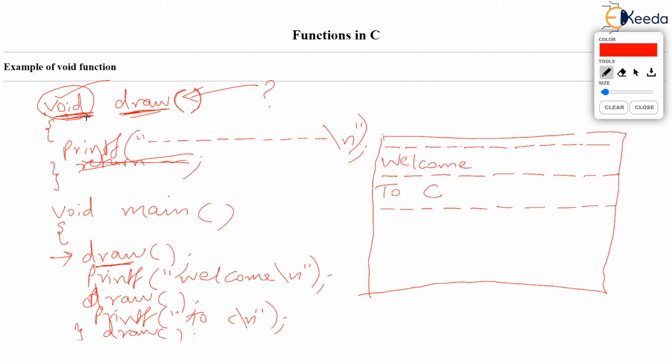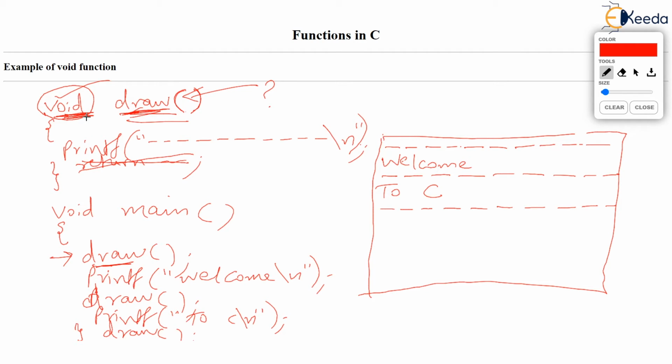But you tell me, what kind of function is square? Can I call the square function without passing a value? If I don't pass a value to square, whose square shall you find? So you have to give a parameter to such a function. Again, suppose I ask you, what is square root? But whose square root? So when I call the square root function, I must pass the value whose square root I want to find. But coming back to this draw function, draw is simply supposed to draw a line of 80 dashes. Then there is no question of passing any value to draw. So the function becomes so easy. It doesn't return any answer. Draw is the function and it doesn't get any value.